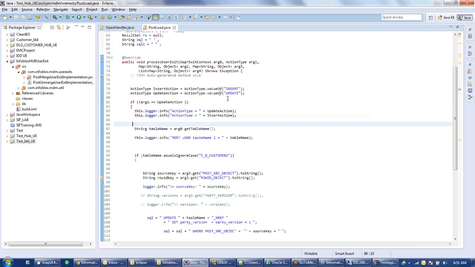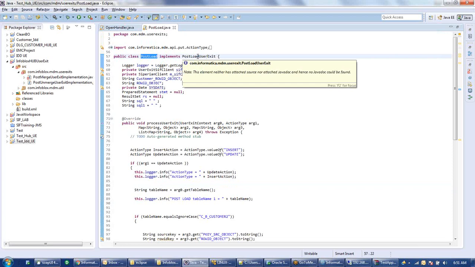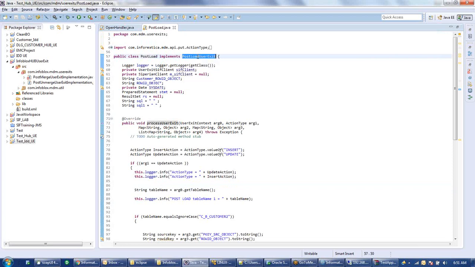I am just using from MDM user exit as the package name here, and my class name is post load, which implements post load user exit. So as we have seen